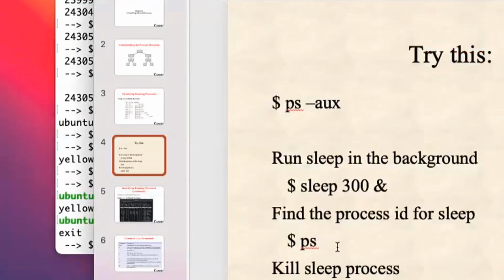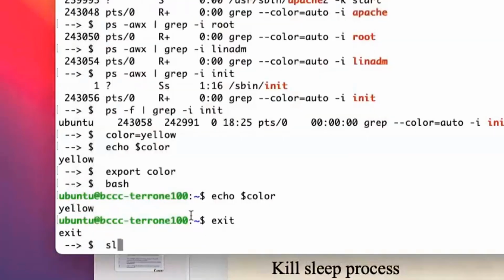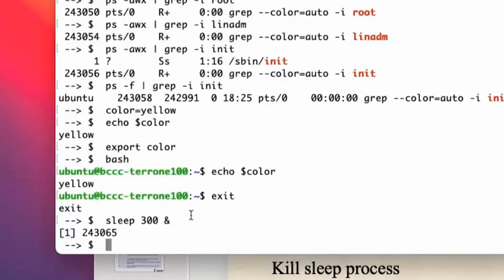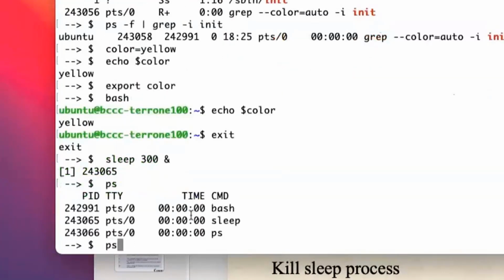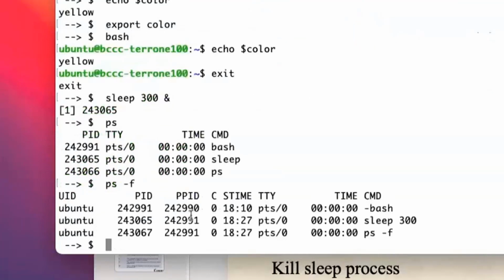What if we want to stop a process that's running? So let's do the sleep command, sleep 300 ampersand to run it in the background. So now I have the sleep process. If I do ps -f, which is better, notice it's going to give me, for each process running,